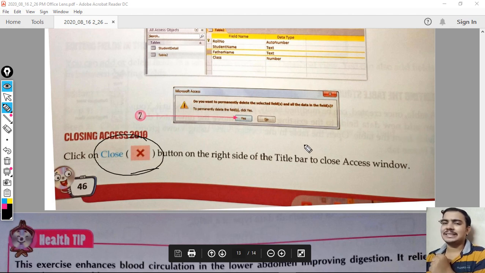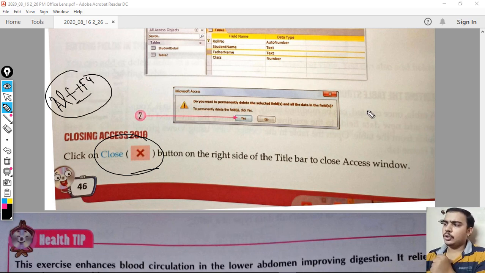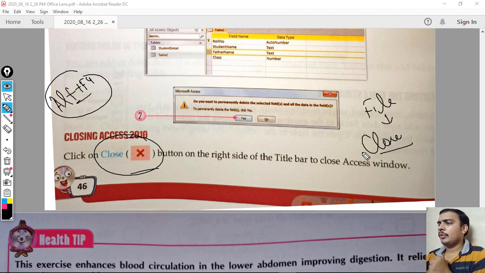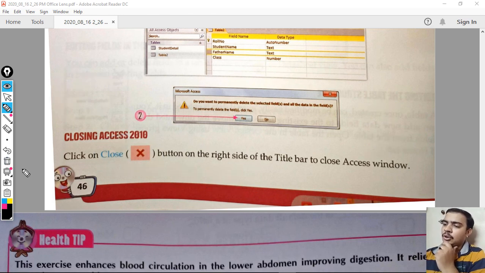Well, for closing MS Access, what we can do, the easiest method I will suggest you, that is you have to press Alt plus F4, or you can click on this file menu, you can select close from there, or from the title bar only you will get this window control button, that is this cross symbol. You have to click on this and it will automatically close your MS Excel. Well, when you will close this MS Excel, if in case you have any unsaved table or something, then it will prompt you to save your work, or else your all work will be deleted.